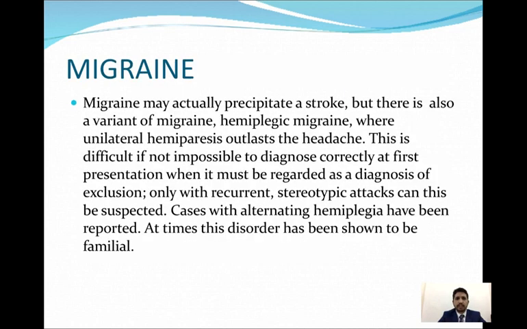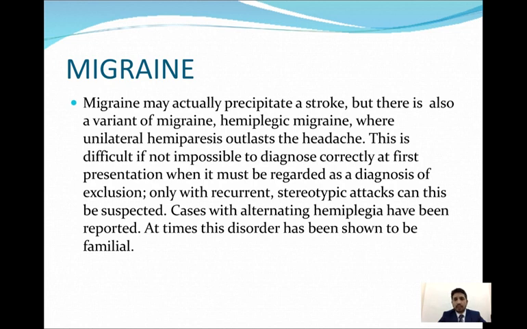Another very important differential is migraine. Migraine can actually bring on a stroke, but sometimes patients with migraine have symptoms and signs that are similar to a stroke. This is one of the biggest causes of error in stroke centers, where stroke physicians inject TPA to patients with migraine. So how can you differentiate whether it is a migraine or a stroke? Similarly, as we have seen in seizures, they have a history, and in migraine, these are usually known cases of migraine. They have previous episodes of migraine.